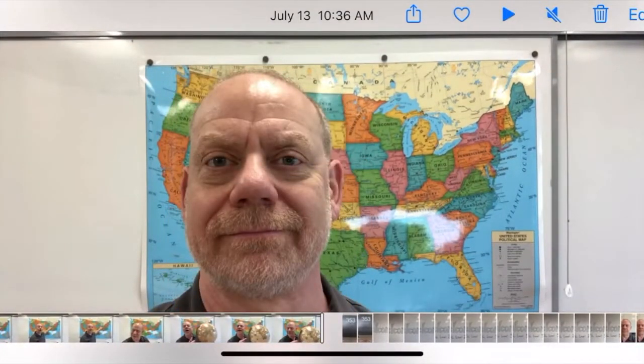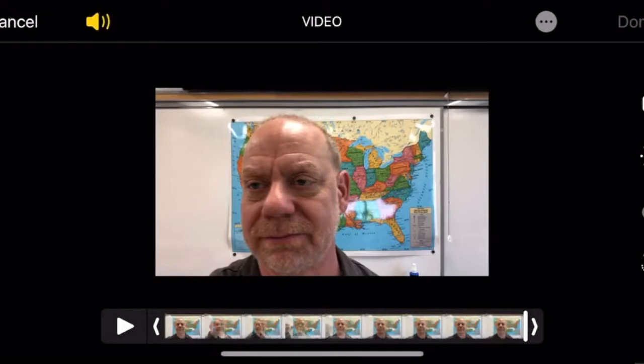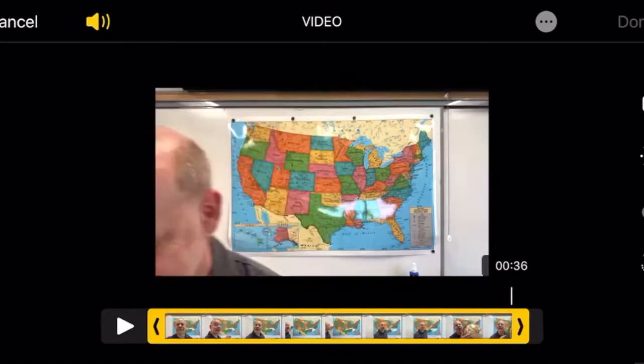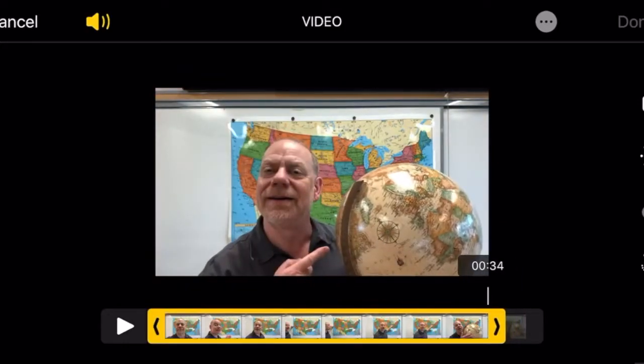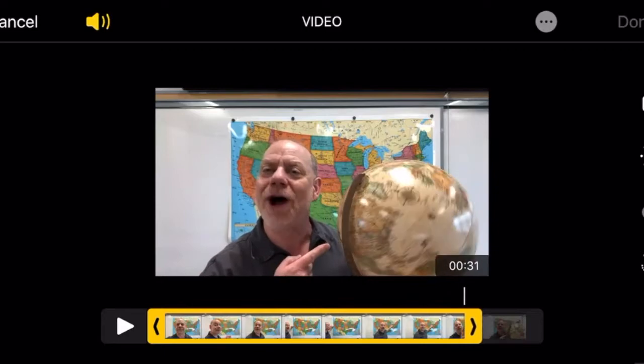So you can see that both the beginning and the end are places where I reach for the record button, and I want to trim those off. So I'll choose the edit button in the top right. I'll just take my finger and select the slider bar so that it turns yellow, and slide it to where